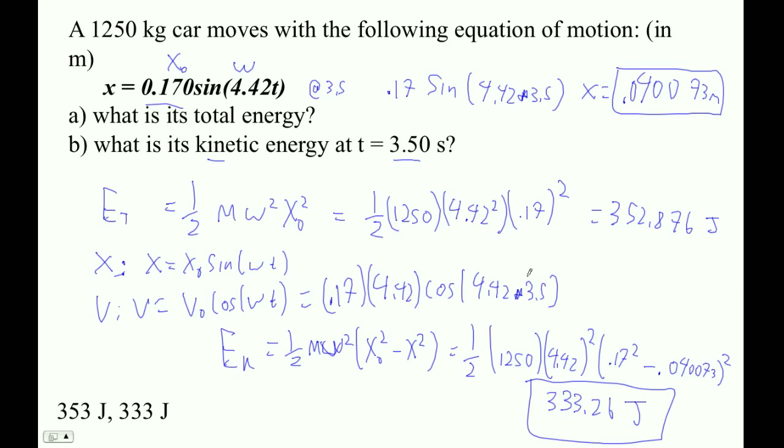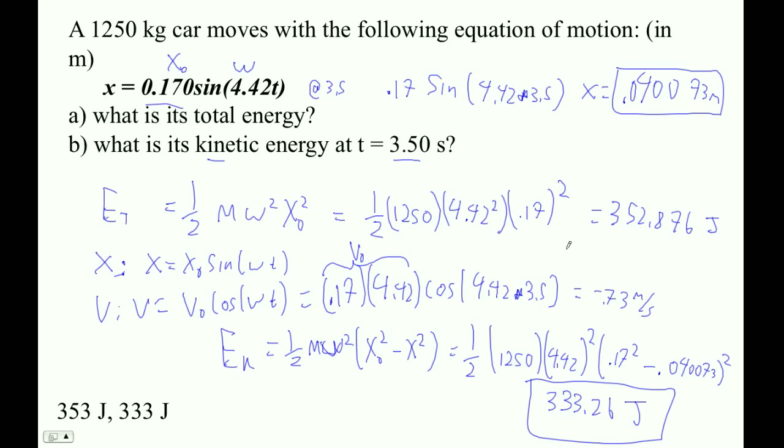So 0.17 times 4.42. This is, by the way, in front here. This is what v naught is right here. Okay, times cos 4.42 times 3.5. And I get negative 0.73